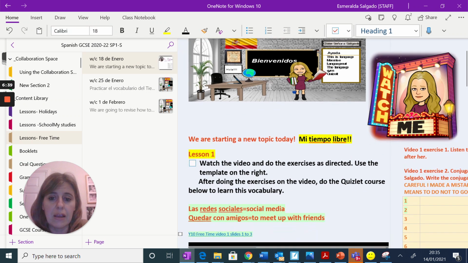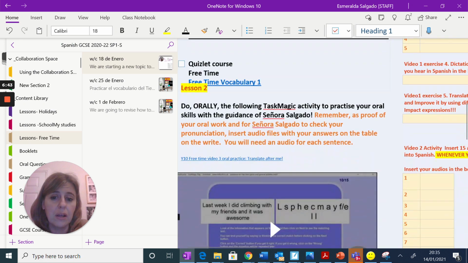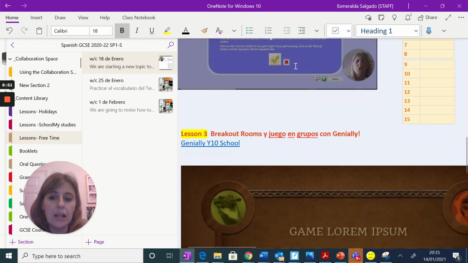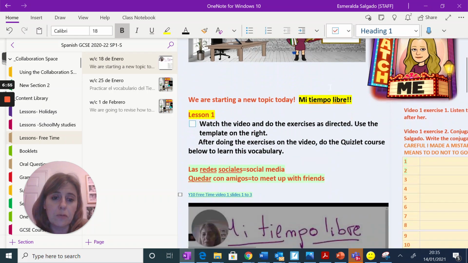So this is the thing I always tell at the beginning, what we do, and then we carry on doing lesson 1. I think we should be doing up to here. Lesson 2 would be up to there. Okay, this should be moving down here, and lesson 3, this is what we're going to be doing. That's one of the things I